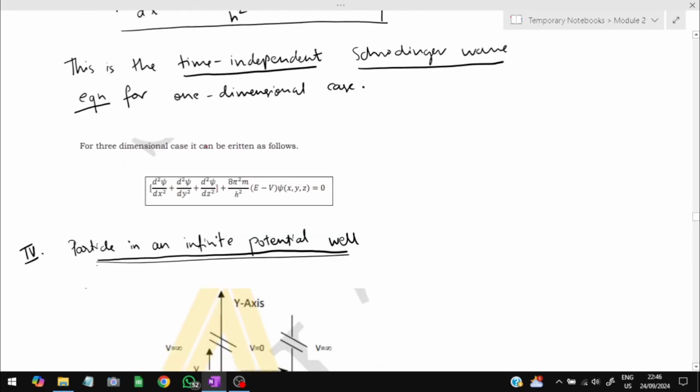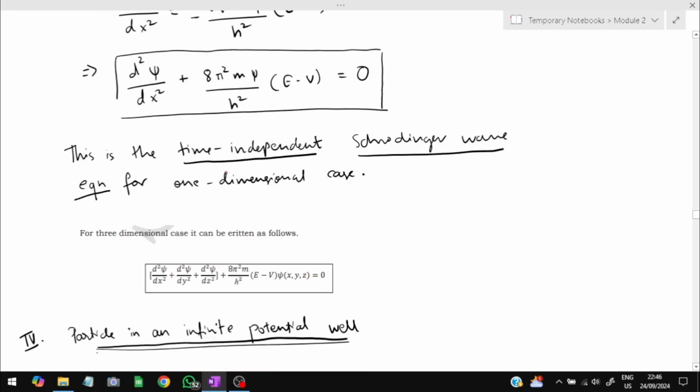They can also ask you for the three-dimensional case. All you have to do is a small edit here. What is present here as x, you have to put as y, and z also you have to add. Here we have E minus v, and nothing is there after that, but here we have to add w of x, y, and z. These are the two additions you will have to put. Three terms here and three equations here. That's all about the time independent wave equation, and we'll be using this equation to calculate what is